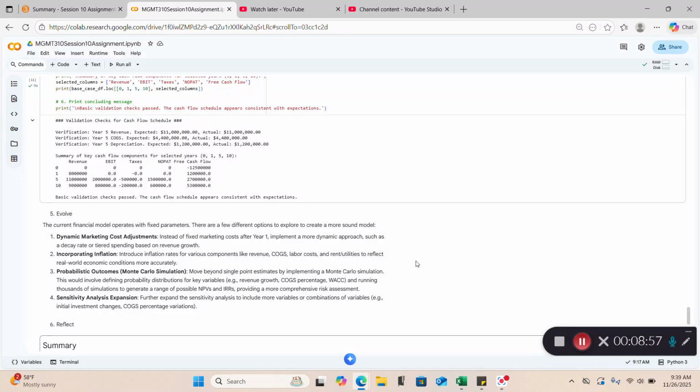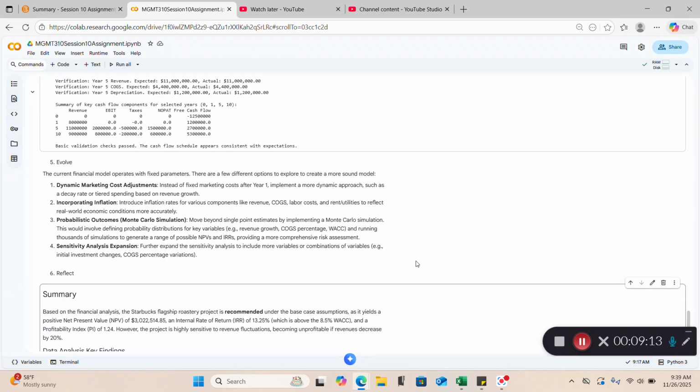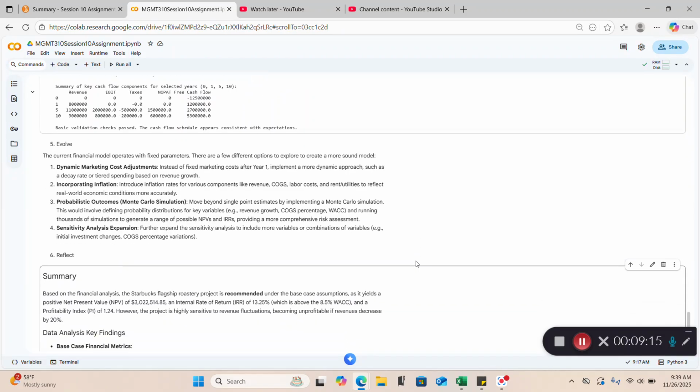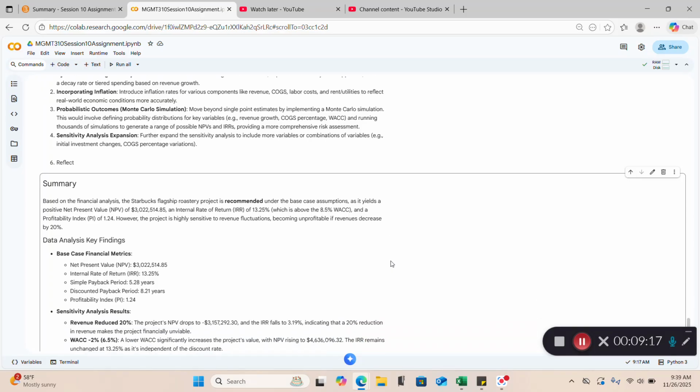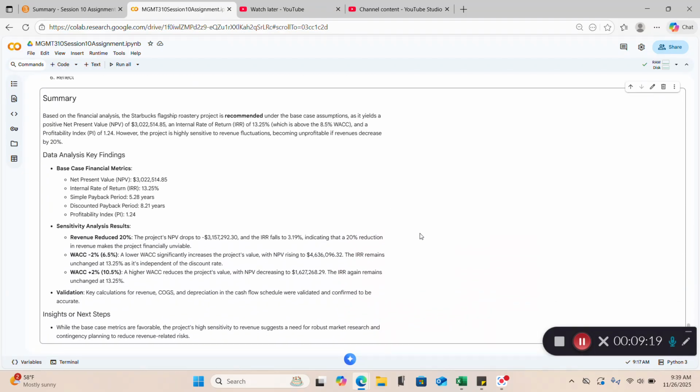The next thing would be expanding our sensitivity analysis and combining more variables within there. The more parameters, usually the better the model will be. Not always, but it can be something worth exploring if our goal was to create a more sound model. Finally, we move on to our 6th step in the DRIVER framework, which is just a reflection